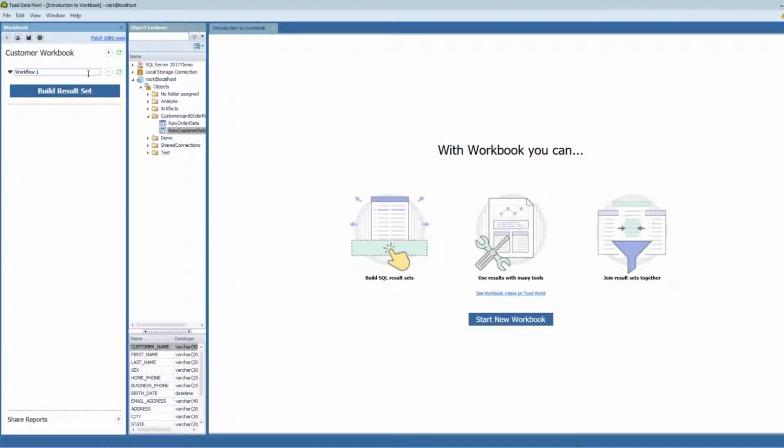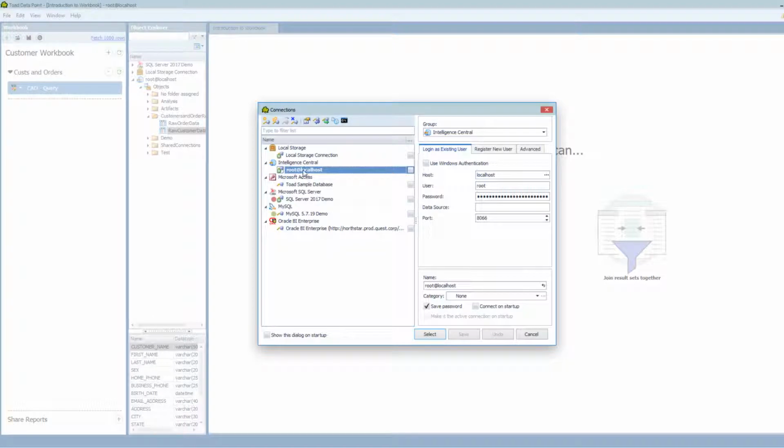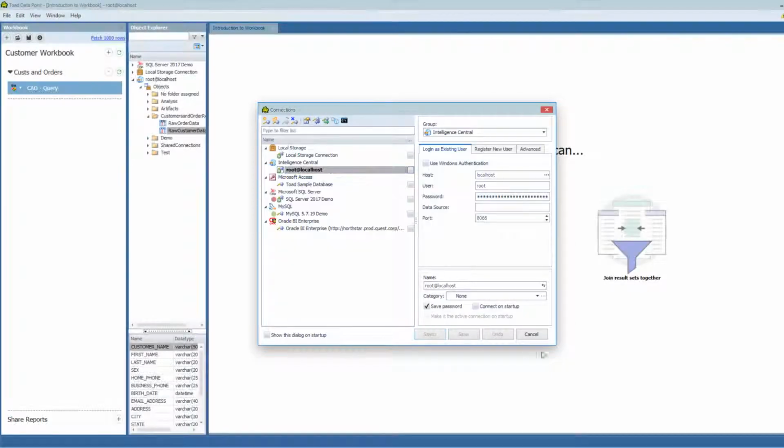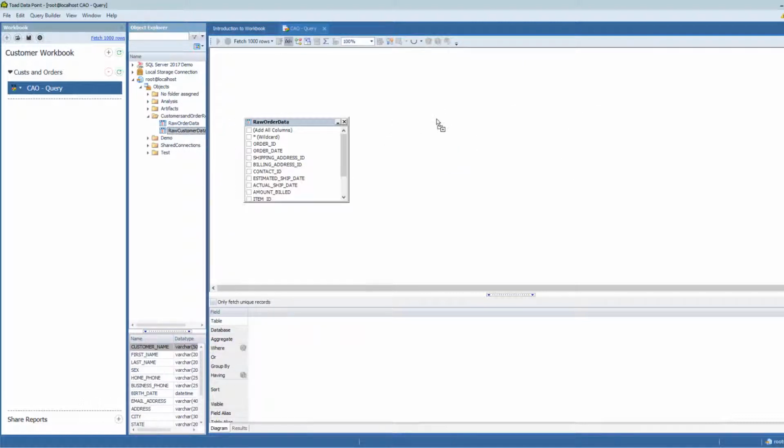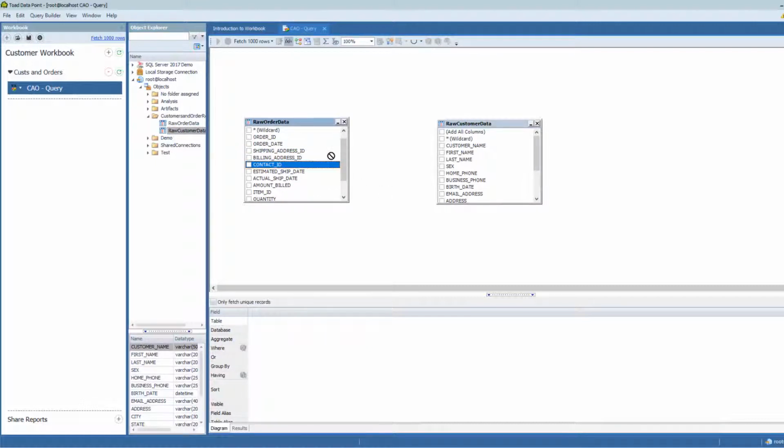Okay, so now let's add a new workflow to this workbook. We're going to call this workflow Customers and Orders. When I go to build this result set in this new workbook, for my source, I'm going to choose Intelligence Central. And when I choose that source, I can still access this raw order and raw customer data, even though they were created through a different workbook. I can drop this data into this new workbook, draw the joins again, because this is a new workbook and it doesn't know the joins, and pick my fields